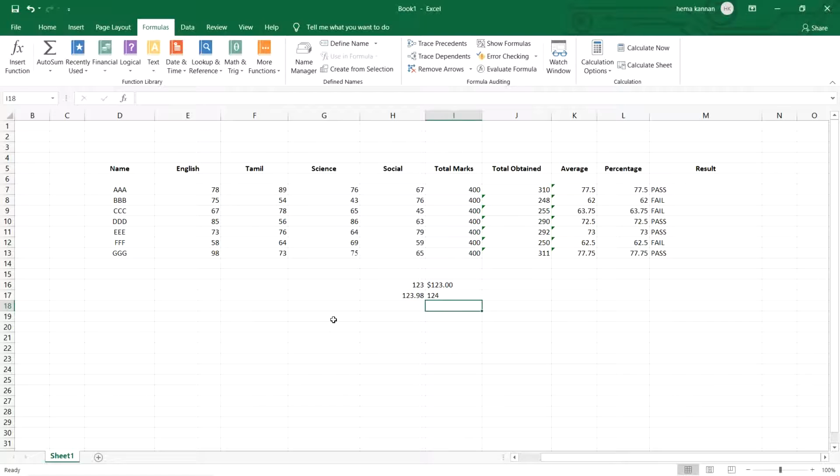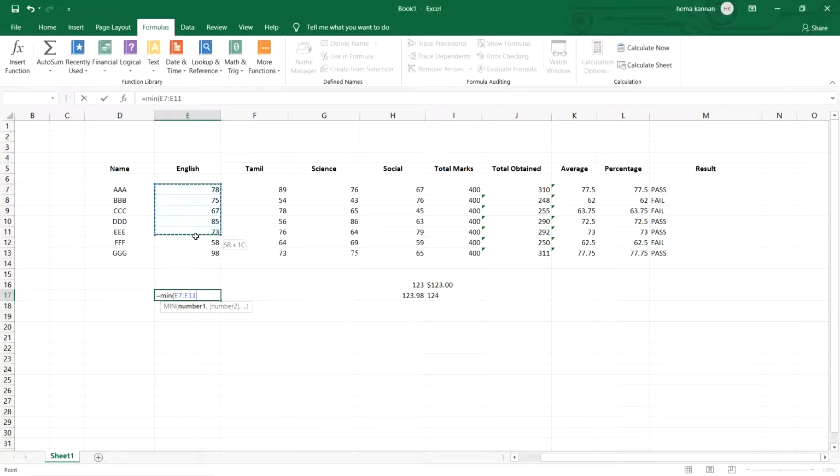Also next we have min and max. If I am going to calculate the minimum mark obtained in the English exam, then I can do it as equal to min of, select the range here, then close the bracket, enter. So the minimum mark obtained in the English exam has been derived here.